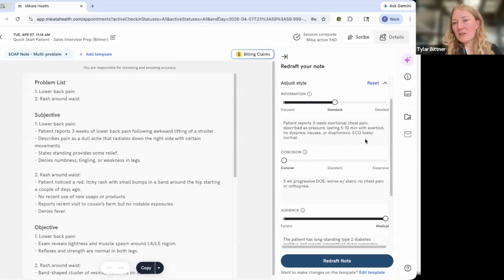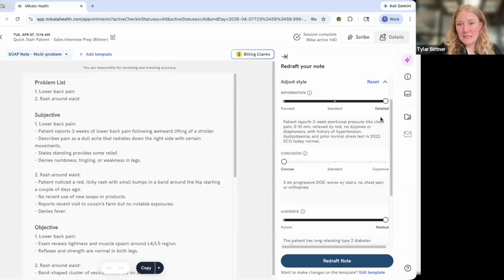If we click into standard, automatically we see more information included here. So you have more description about what the pain feels like, the duration of the pain, and again, more symptoms there. Lastly, clicking into detailed, right off the bat we see even more information, including previous test results and previous medical history.